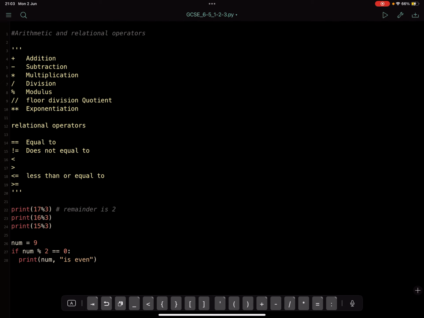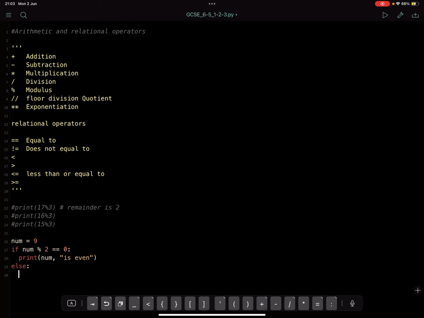Let me comment these out. If num modulo 2 does equal 0,